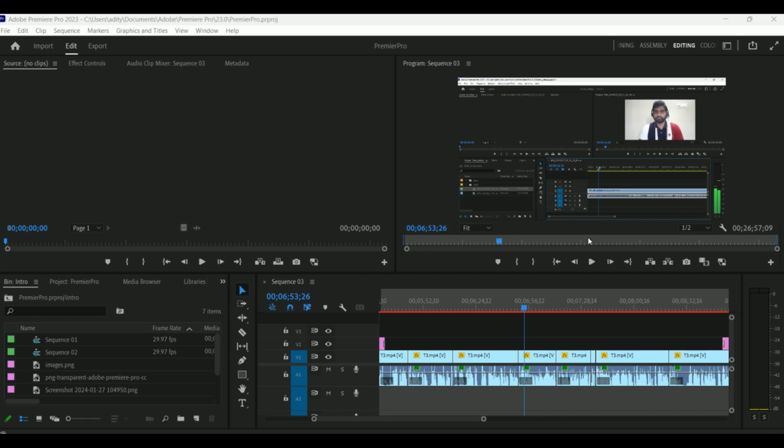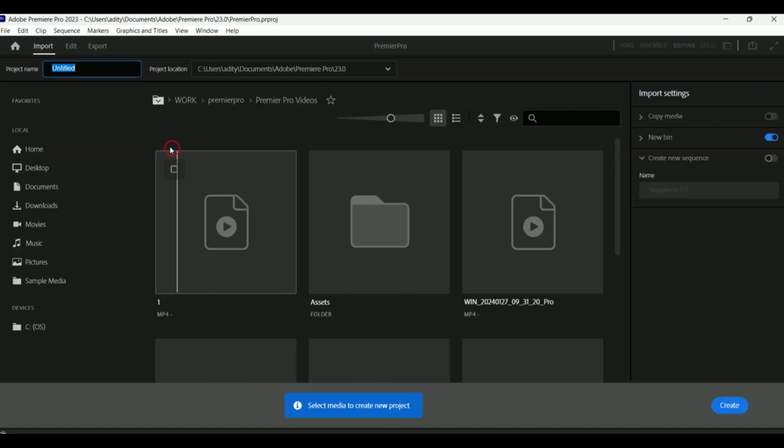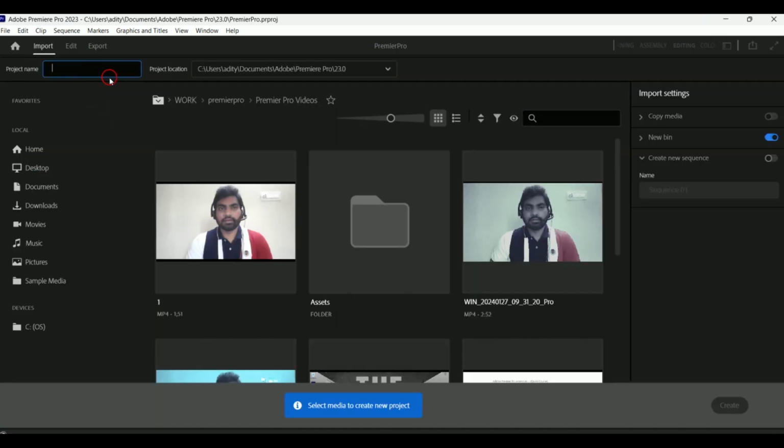So now we will have a look at importing and organizing media. Okay, so how to import and how to organize media, we'll take a look. We'll try to create a new project. Since this project has already imported all the media, we'll create a new project. So I'm going to Home and creating a new project. Give some project name. So I am giving demo